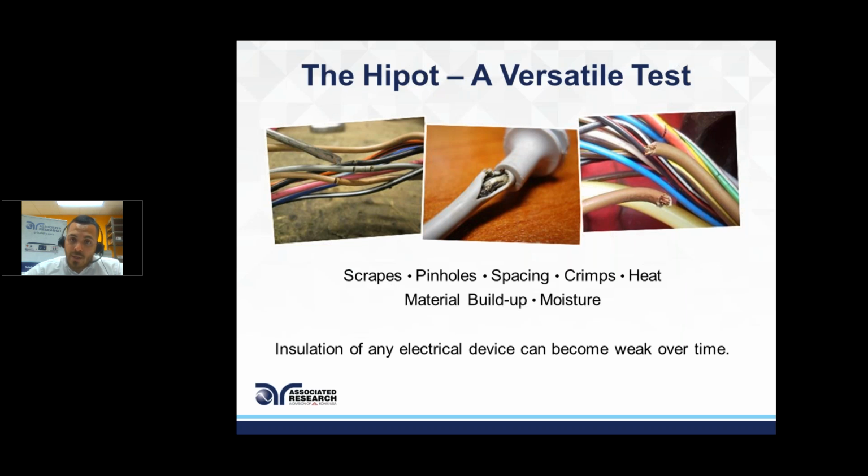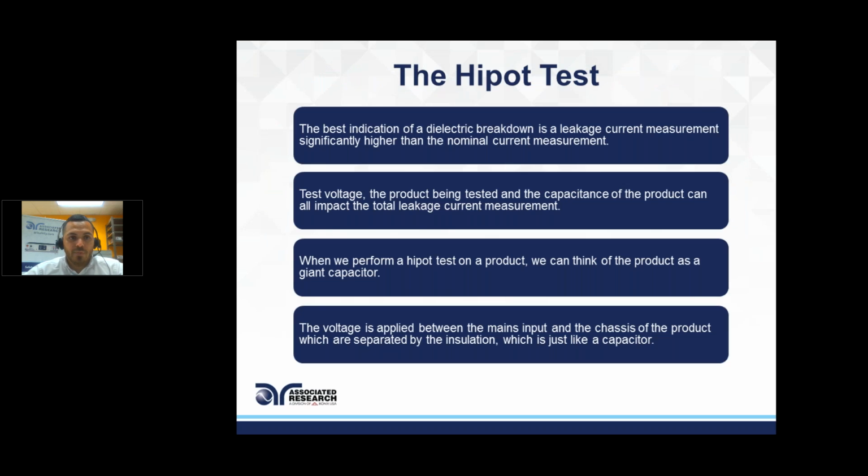Also, quality over time, right? We design our insulation and we know it's great on day 1, but what about on year 10? Has that insulation degraded? There's various methods of testing that. So the best indication of a dielectric breakdown is a leakage current measurement significantly higher than the nominal current measurement,